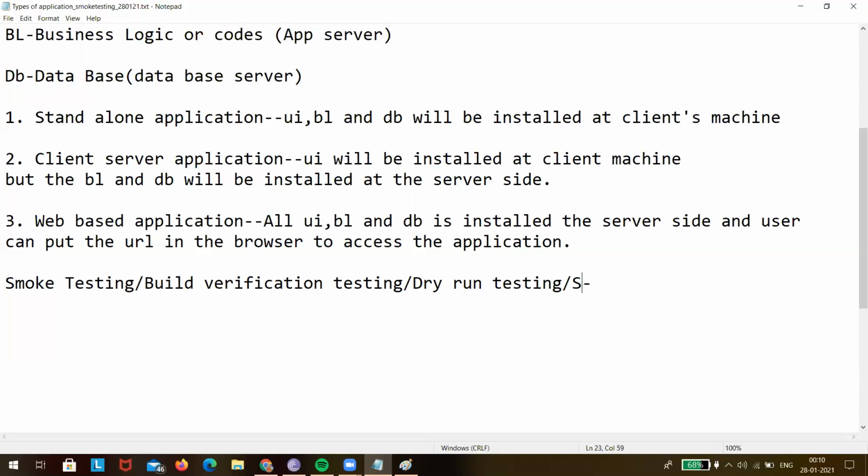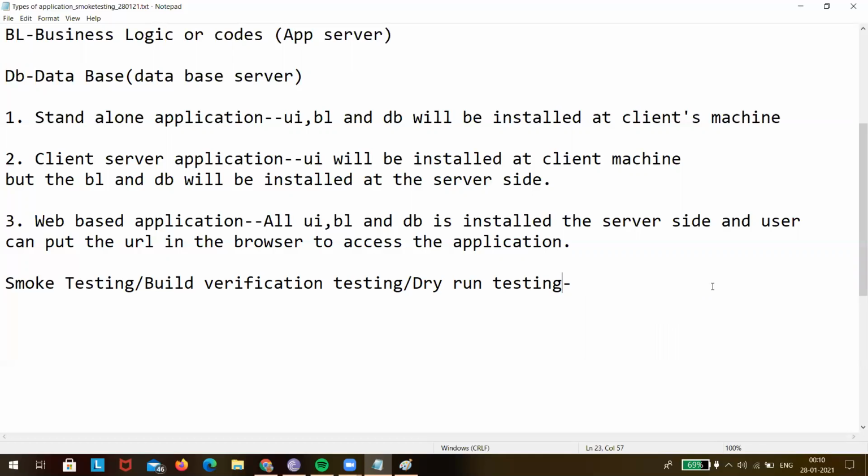Some people call it sanity testing, which is also correct, but there is a difference between smoke and sanity testing that we will learn later. So just remember, smoke testing is also called build verification testing or dry run testing.